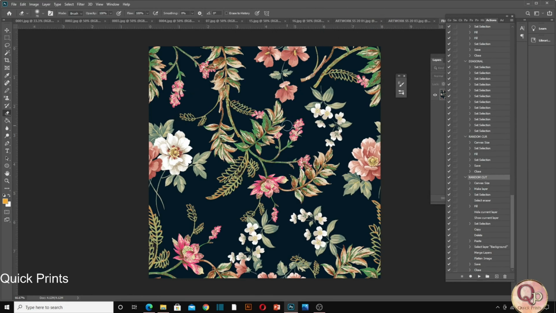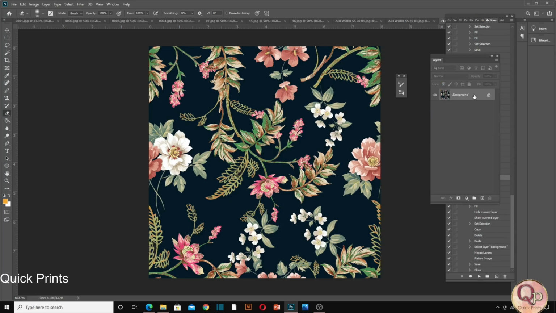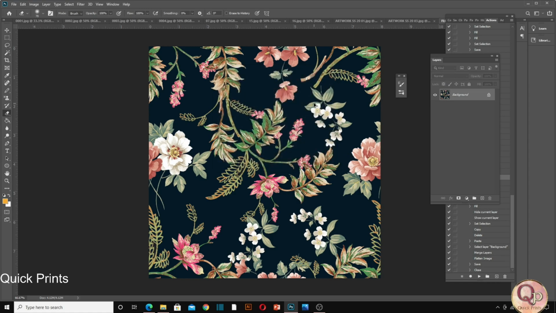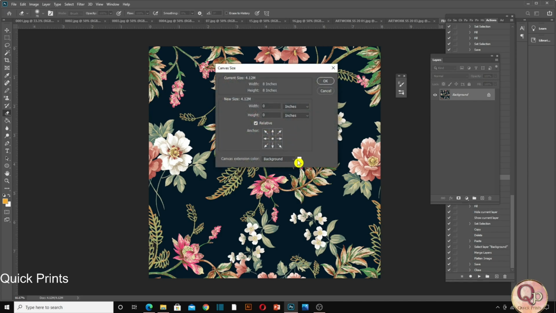So I'm going to tell you, I just want the background. This image has to have some background with an extended image. Let me show you how to do that. I just want this image to have some background as a boundary, so I'm making it 1 inch, sorry, half an inch in both ways.